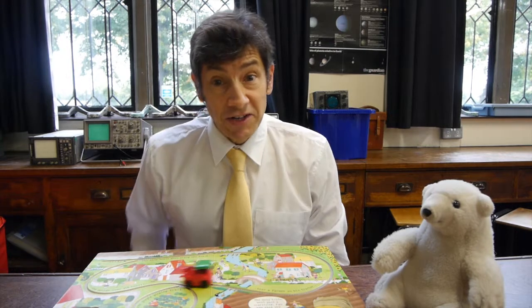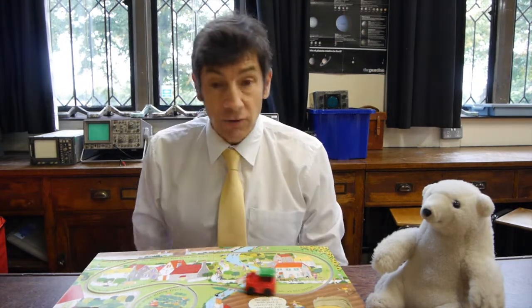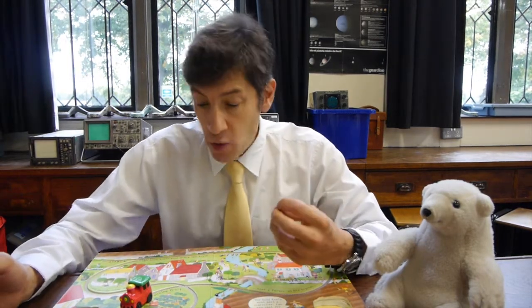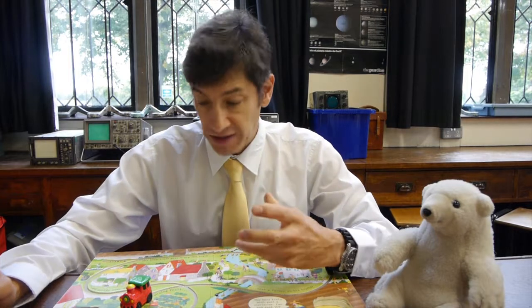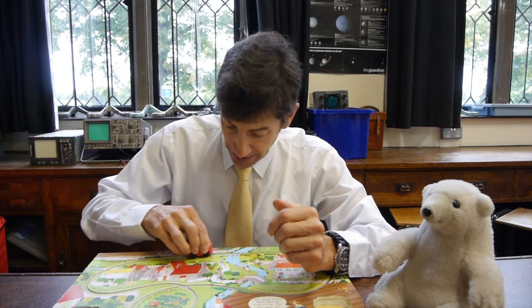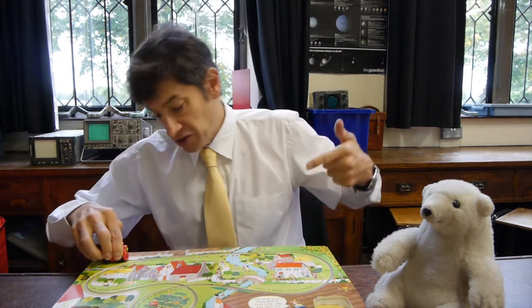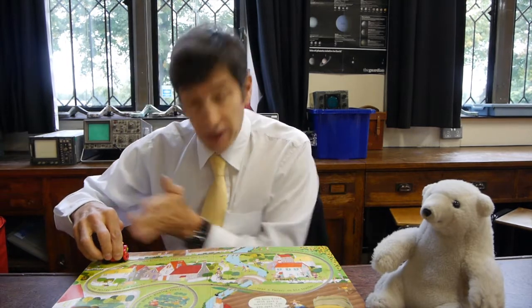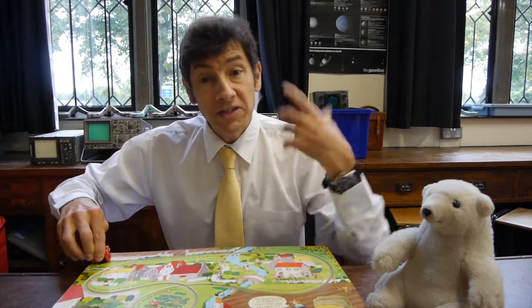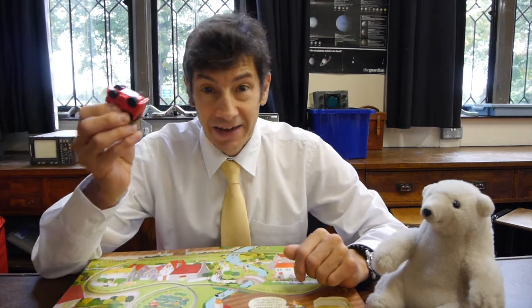So to explain this lovely toy, you need to know a little bit about energy. When the little train is taken out of the book and he hasn't been playing with it, there's no energy stored inside the train, inside its mechanism. But when you pull it back, what you're doing is converting chemical energy in yourself to kinetic, pulling the train back, and that kinetic energy winds up a spring in the mechanism, so it gives it elastic potential